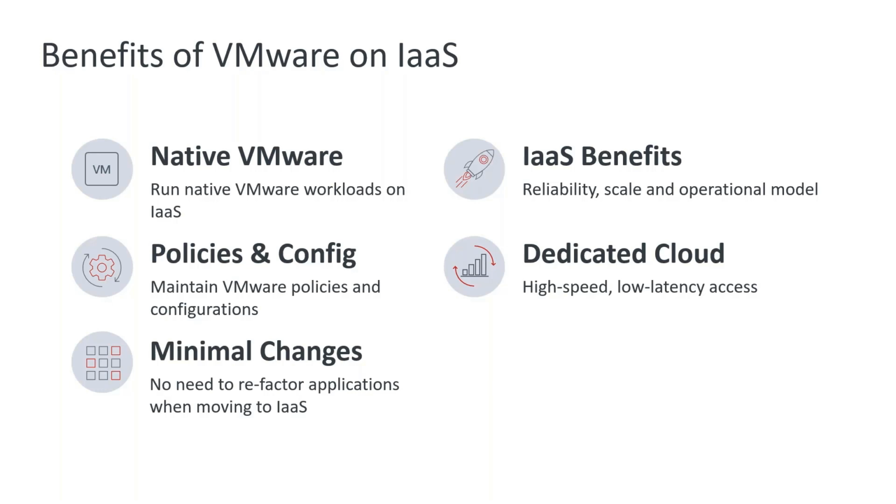You're still going to get the benefits of IaaS in that you're running on top of somebody else's environment, providing the services and the maintenance at that lower level. But on top, operationally, you're still dealing with VMware. The other thing here is, when you run VMware on IaaS, you're really getting a private cloud environment that's supported by the hyperscalers through their IaaS service. This can be maybe a little more costly, but there are also a lot of advantages to go in this direction.